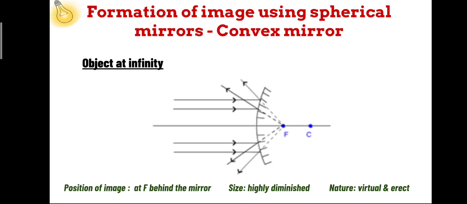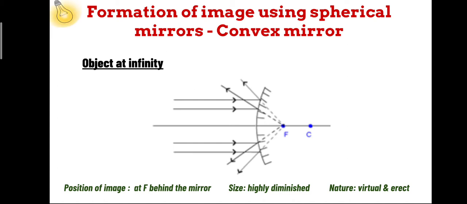Similarly, following the rules for the formation of the image, we can draw the images that we get using a convex mirror. But here we need to remember one thing, that a convex mirror is a divergent mirror, and so we need to draw dotted lines backward to get the position of the image. And with that we understand that in a convex mirror, however we keep the object, at whichever distance, the image is always virtual and erect.